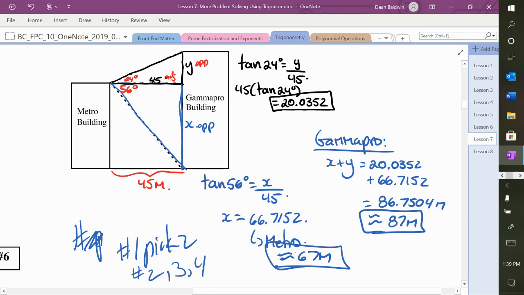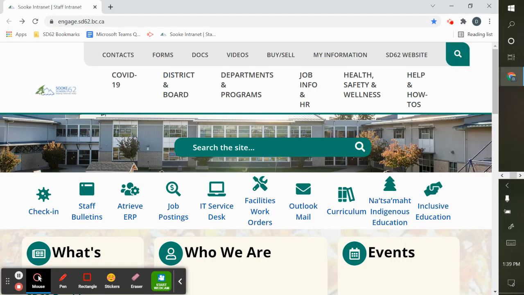Number 4. And 6A. So 1 to 4 and 6A? 1 to 4 and 6A. Number one, you only have to do 2 of them, but if you do them all, it's not like bad. And that is the end of the